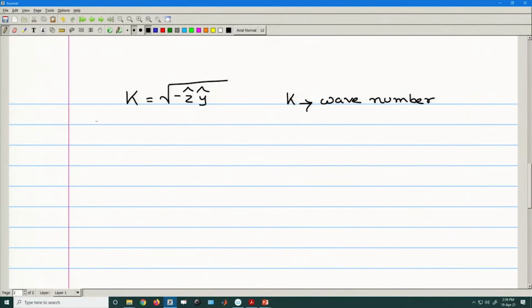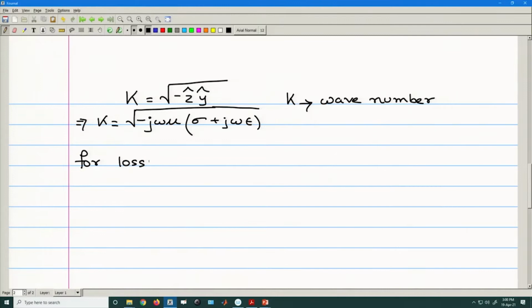So substituting the values for z and y, we get k equals square root under minus of z omega mu, and substituting for y, sigma plus j omega epsilon. Fine. Now we know that for